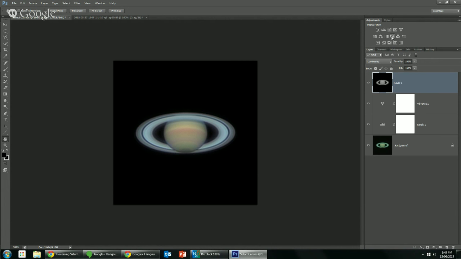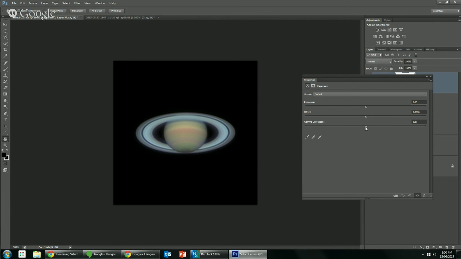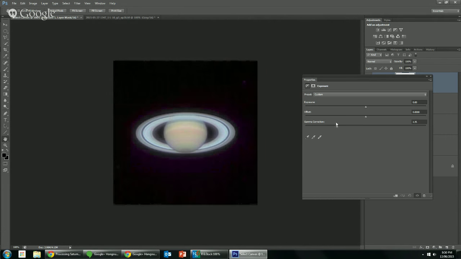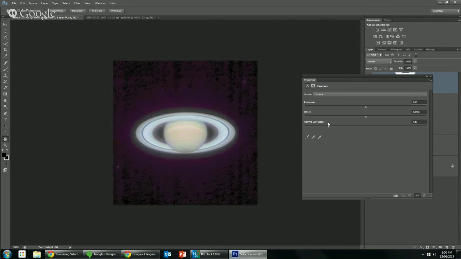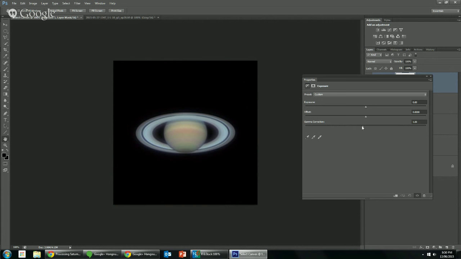And now we start to do a few little things to bring out some contrast. Now there's two ways to do that. The one I prefer to use is to apply some gamma. So we take it to the extreme, you see what happens. Take it the other way and see what happens. Oh, you see some moons there. How about that? Anyway, so I like to take the gamma down to about 0.9,